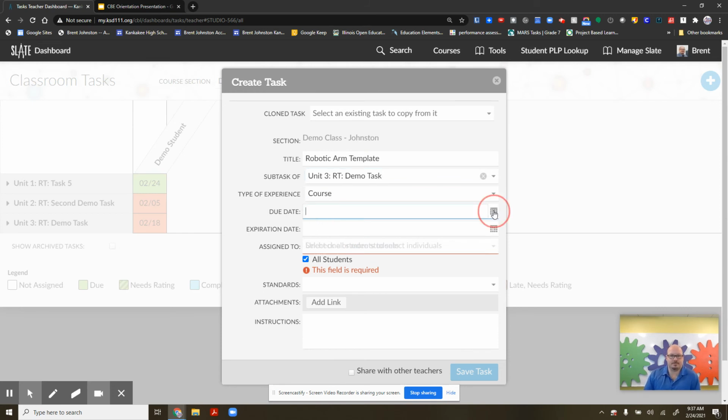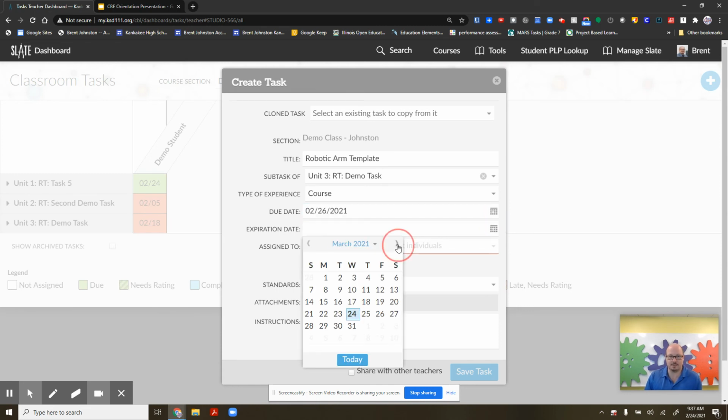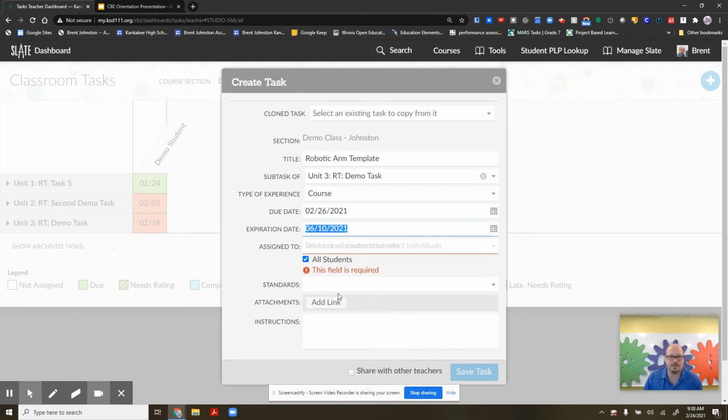I'm going to give it a due date. Everything has to have a due date. Everything has to have an expiration date. Once again, that's 2 weeks after the end of the semester. This one's not going to have standards because this one is not a rateable thing. So going back up to my title, I'm going to put in there that this is Unit 3